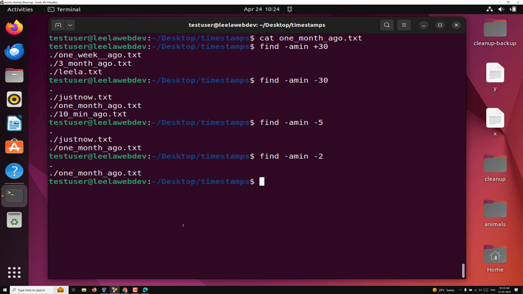So this is how we can find or filter the files using the access time, change time, and also the modification time. Apart from this minimum, we are giving 30 minutes level, right? We can also give it at the time level. So for example, let's say that find -m